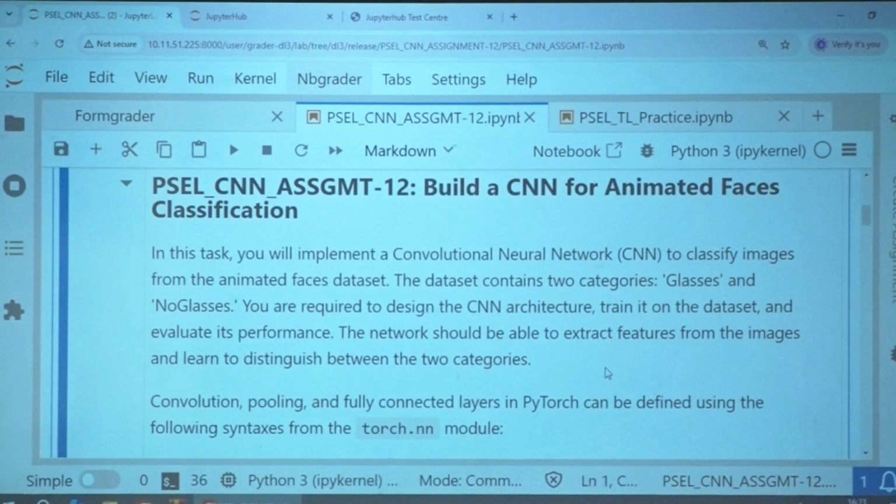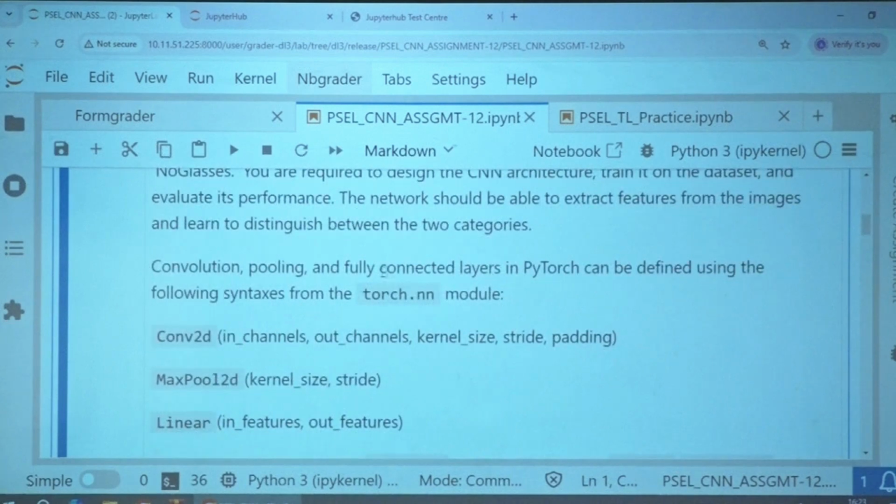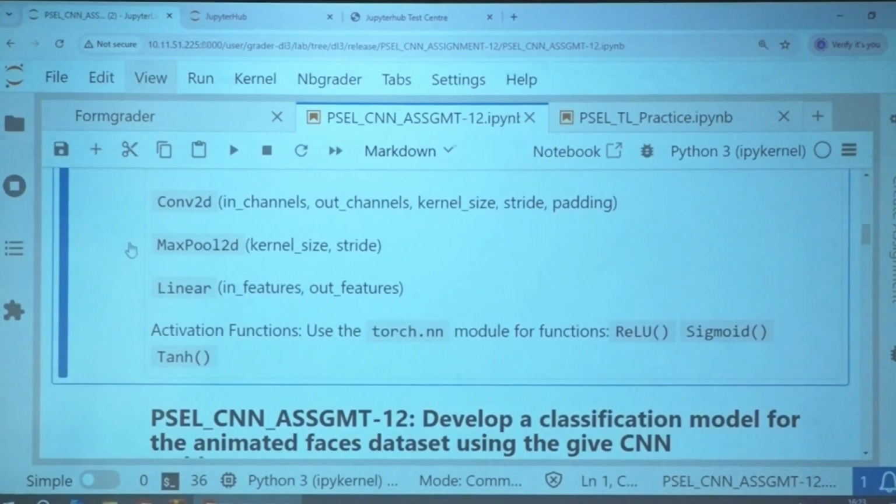In order to do that classification, you are asked to build a CNN using the torch nn module. I am providing the details to get the syntax. To build the convolution layers, you are supposed to use Conv2d, with the syntax: input channels, which is 1 if it is a grayscale image and 3 if it is a color image, for the first convolution layer.